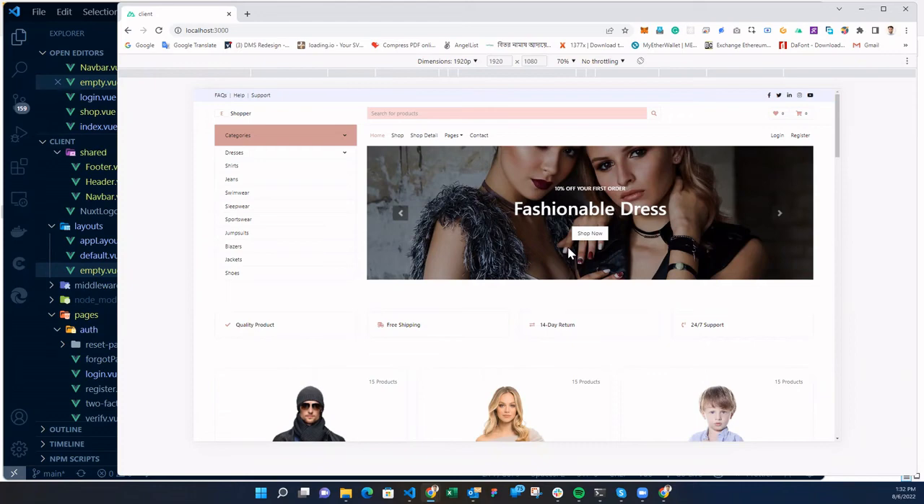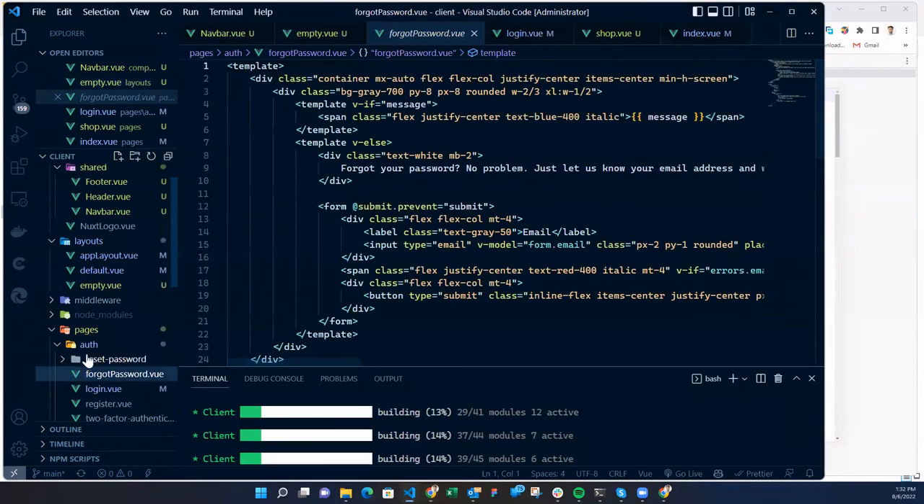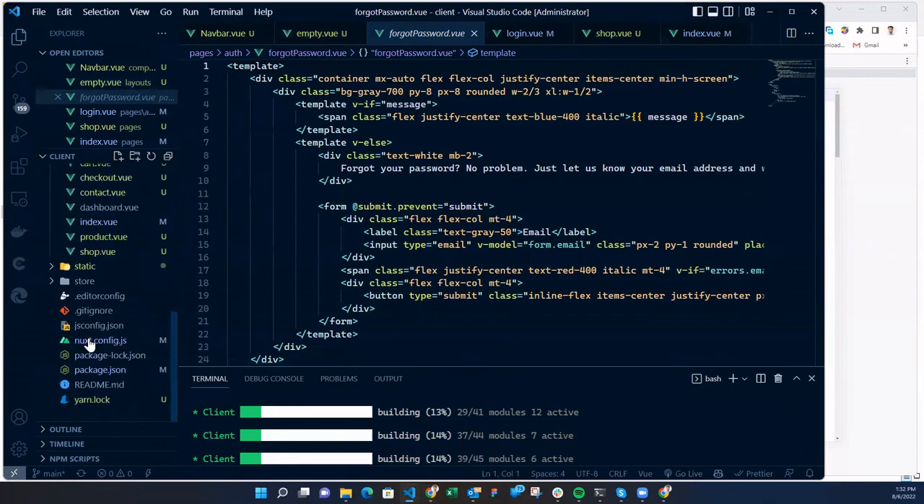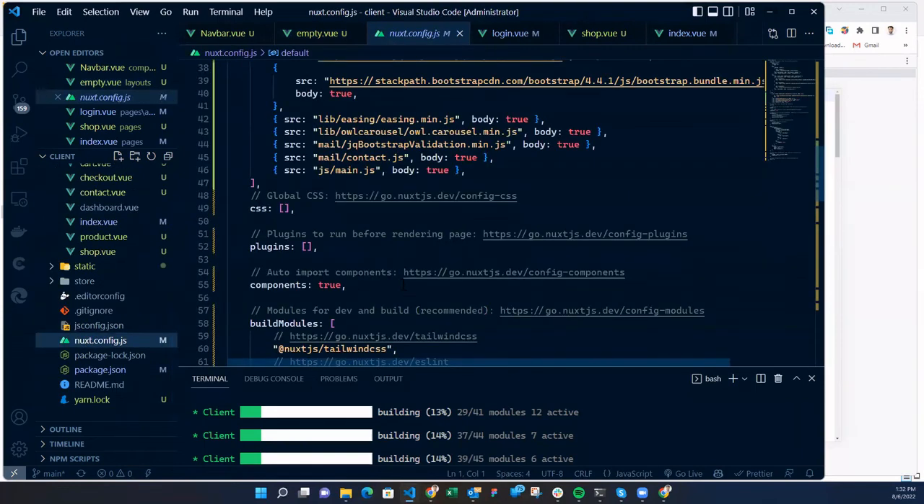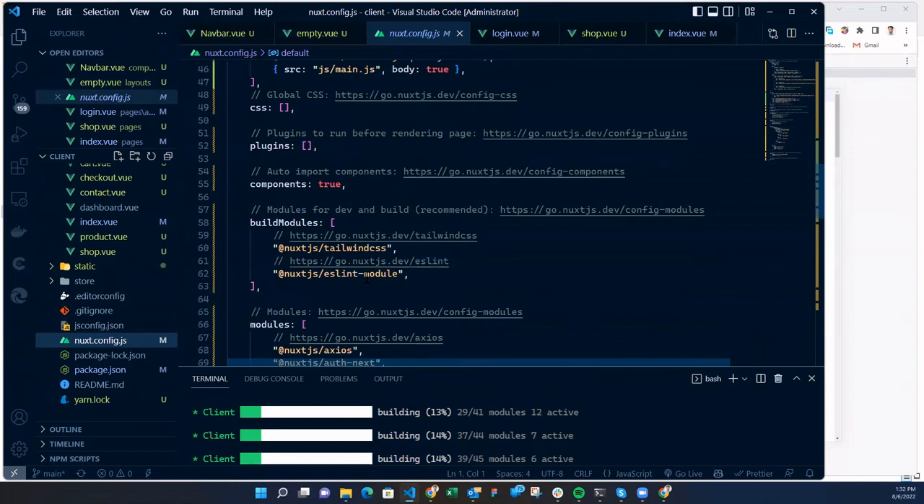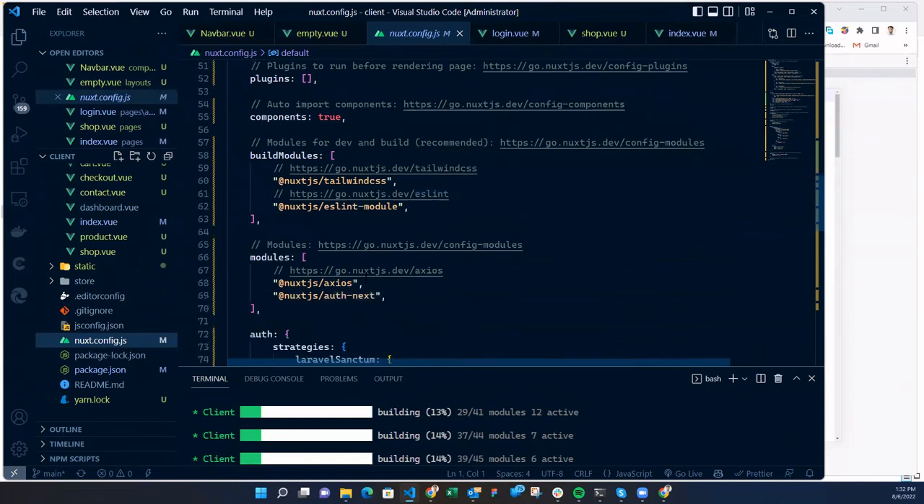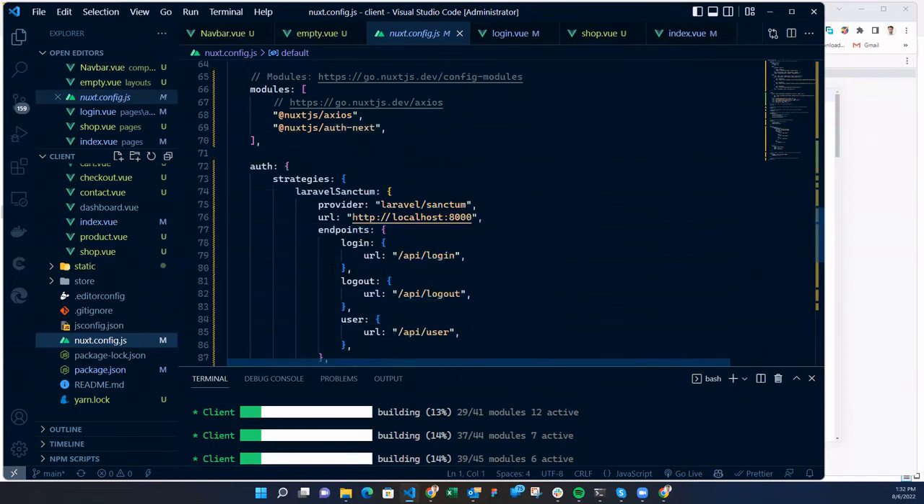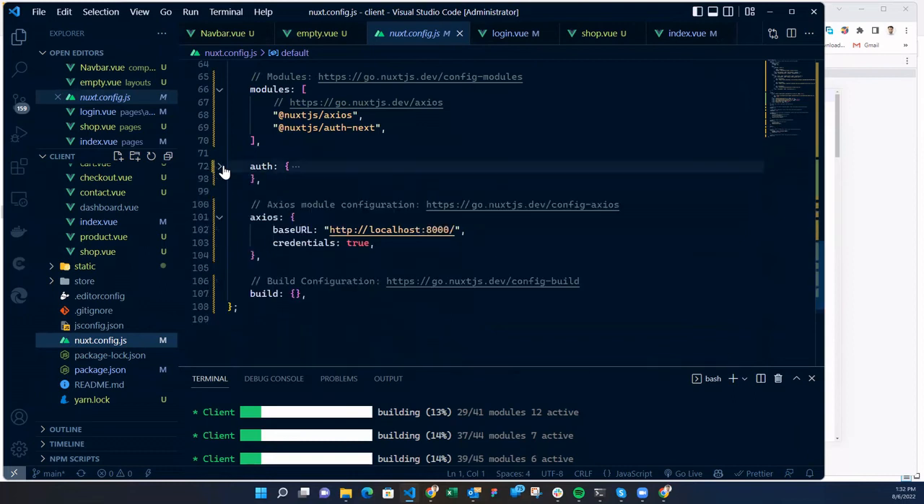Okay, last thing before we go. If you go to Nuxt config, the server port thing. It is not here, but you can put server port so that it